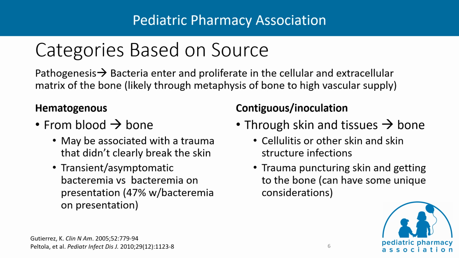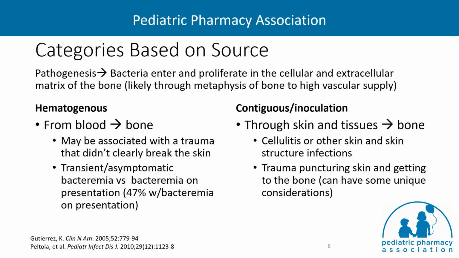The thought is that it is some sort of hematogenous spread from the blood to the bone. And that can be in a patient that is actively symptomatic and bacteremic, or potentially not symptomatic but has bacteria in their body, is the concept behind it. And importantly, on presentation, about 47% of hematogenous osteomyelitis, as they're categorized, have bacteremia on presentation. So again, that's why it can be asymptomatic of sorts or symptomatic